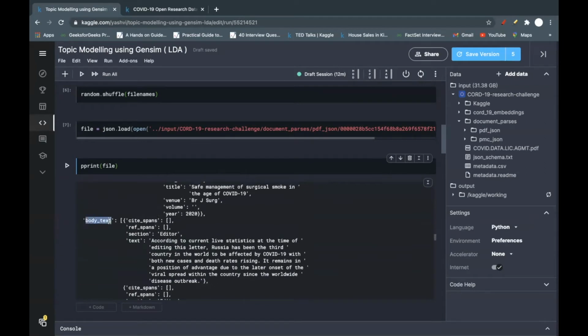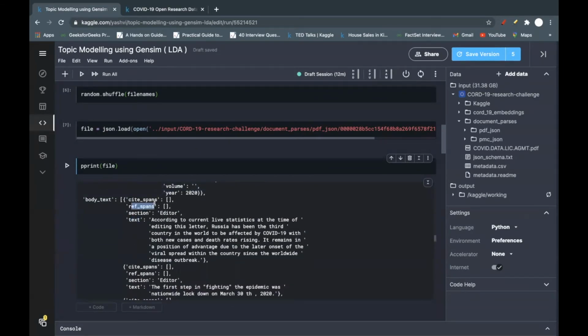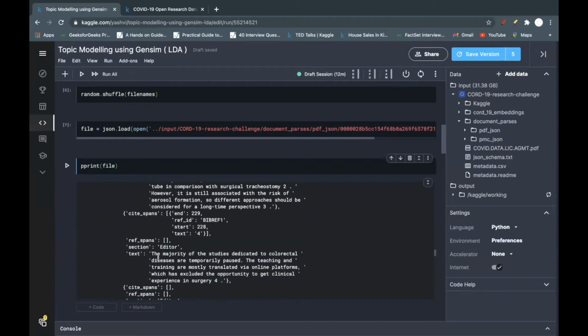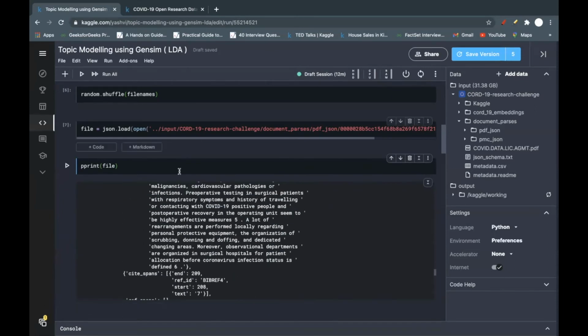The main thing which we will need is the body text, section text. In the body text also there are so many things: cite spans, reference spans, section text, in this way. So we need to convert these files into a nice CSV.